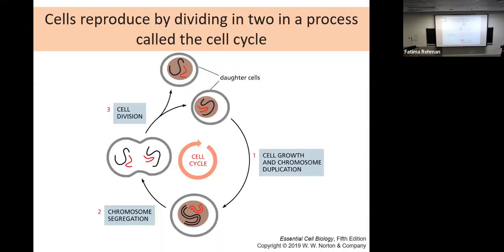So let's go over an overview of the cell cycle. What we know from back in 9th grade biology, or even before that, is that our cells grow and then divide into 2 daughter cells through the cell division process. And this whole thing is the circle of life, or cell cycle. You have your original cell, the chromosomes segregate at some point, they divide into 2 identical daughter cells, and then they go through another round of growth and duplication and do this all over again.